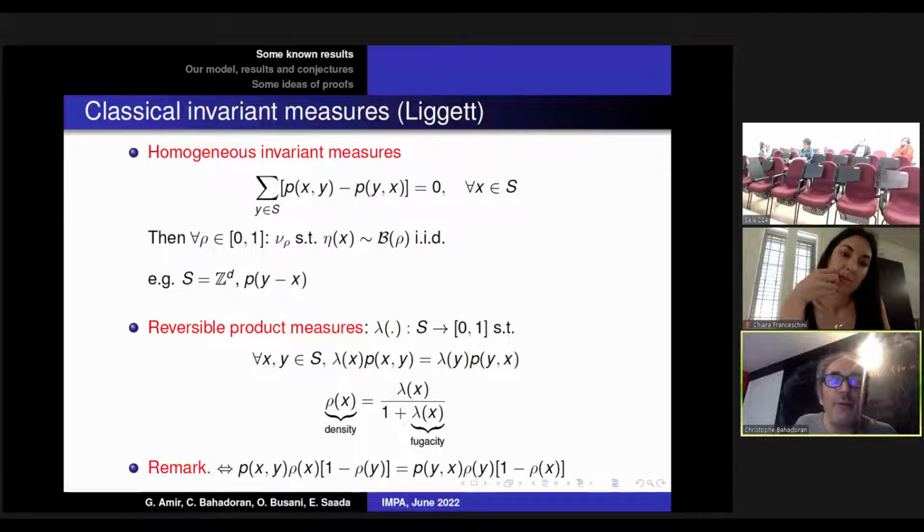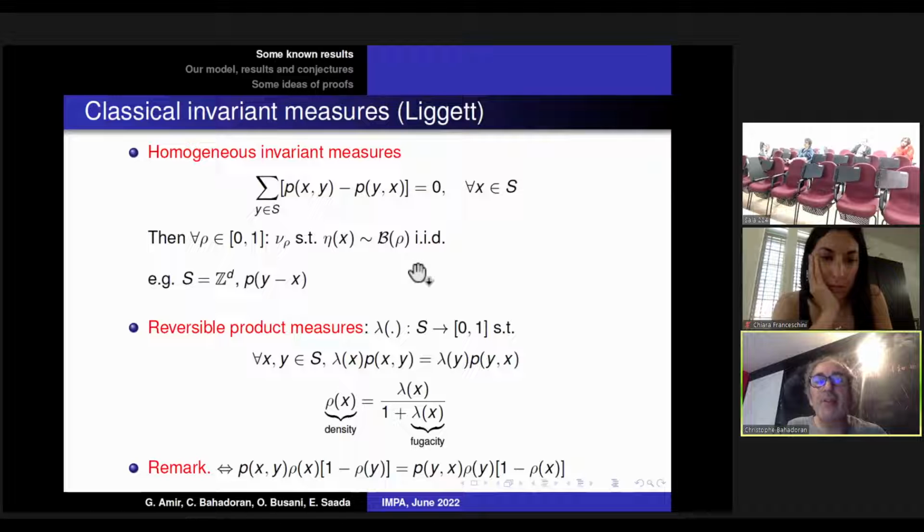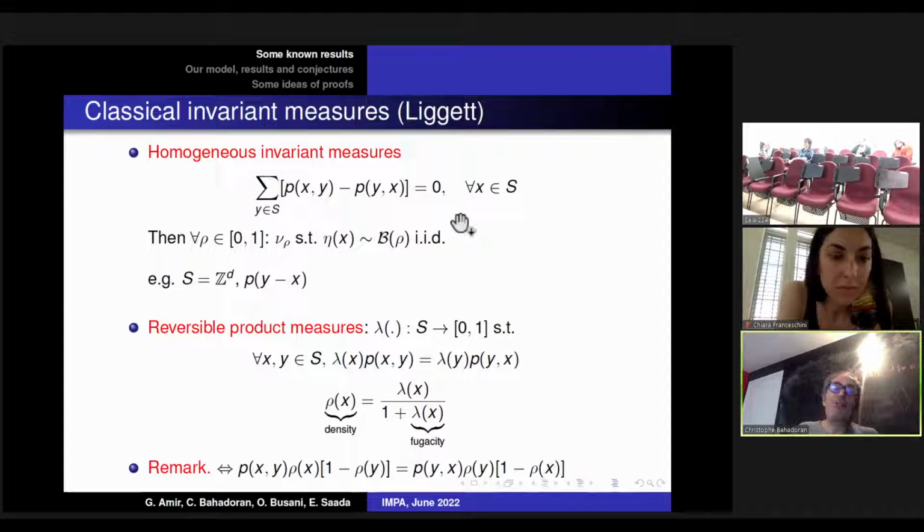There are a number of very classical results, which you can find in Liggett's book. In certain cases, there are well-known simple invariant measures for the exclusion process. These are product measures in the sense that each site is independent from the others, and each site has a Bernoulli distribution. For instance, if you make the assumption that the kernel is doubly stochastic, then you can show that there is a homogeneous product Bernoulli invariant measure. This is the case if you are on Z^d and if the kernel is